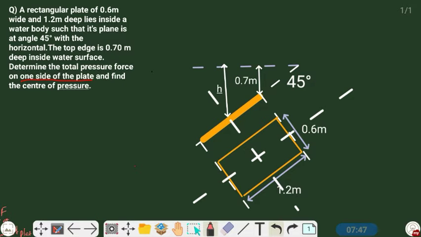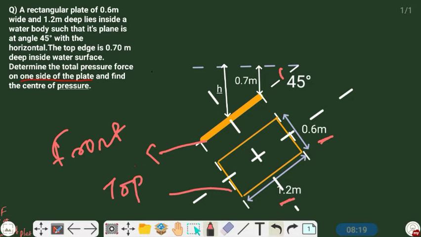Okay guys, here is the rectangular plate, 0.6 meter wide and 1.2 meter deep, which lies inside the water body such that its plane is at an angle of 45 degrees with the horizontal. So this angle, this is the plate. This is the front view of the plate. Don't be confused by both views. I have shown both views in a single frame so that you can easily relate the height and breadth. This is the front view and this is the top view. This is a single plate but two views are shown. So this angle is 45 degrees and the top edge is 0.70 meter deep inside the water